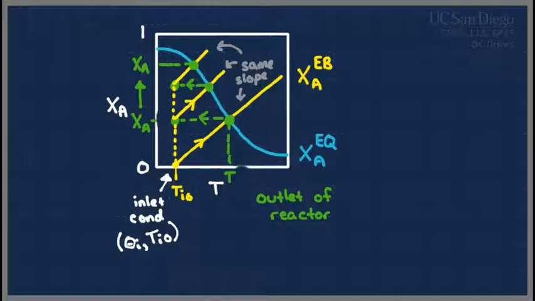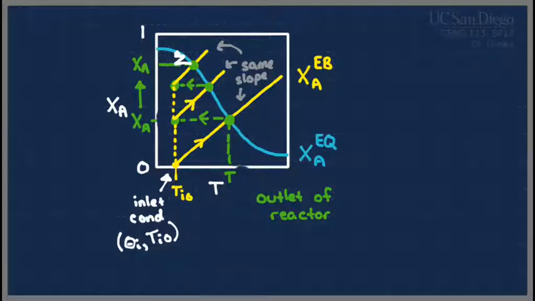Yeah? If you had enough heat exchangers and TFRs, would this just approach the isothermal case? You would approach the equilibrium case at your inlet temperature. So for example, let's say all of your heat exchangers always cooled it back down to the original feed temperature. You can kind of see from this stair-stepping process that if I were to keep cooling this down, I would come here, go up, here, up, that sort of thing. And I would just step right into the equilibrium conversion above my inlet temperature,